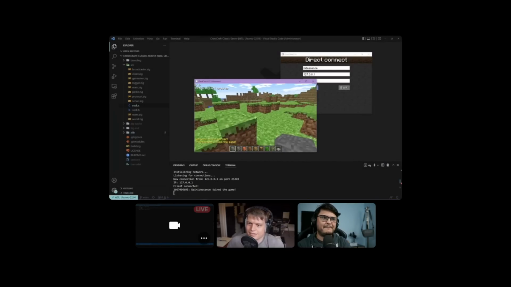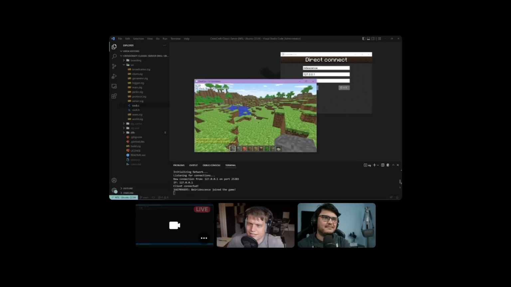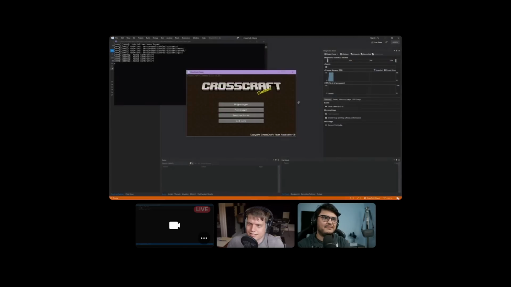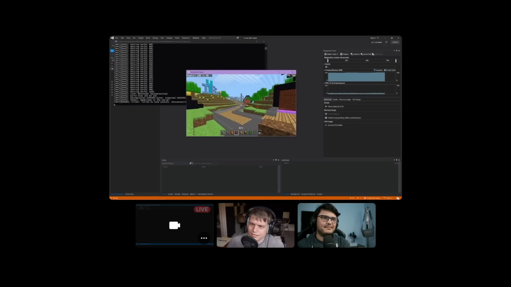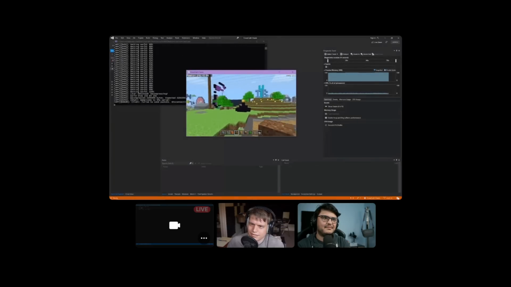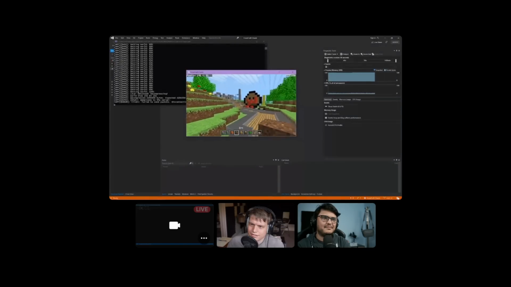I'm using the Classic Cube Minecraft Classic client, and as you can see, it generates a classic style Minecraft world. If we go ahead and start with our C++ client here, this is the Crosscraft client, and we will be connecting to the classic Crosscraft WTF server. And just like that, we are on our community server here with all of our community builds on our custom client with our custom server.